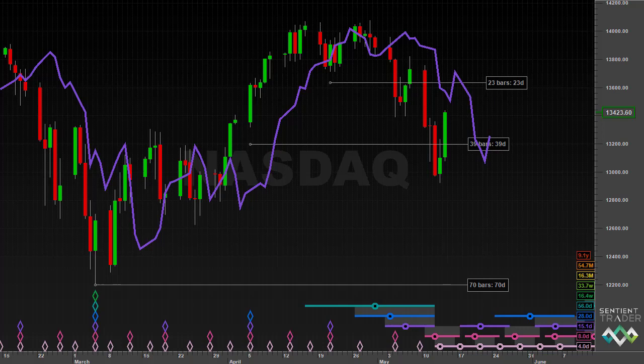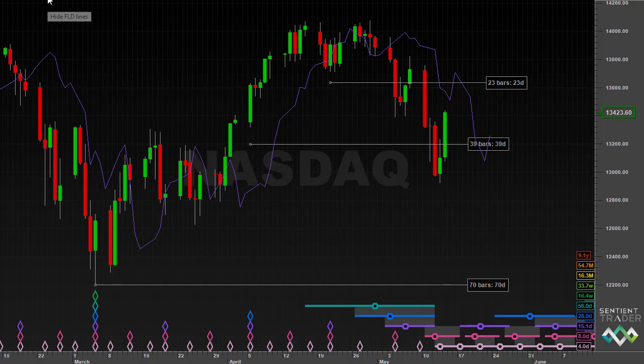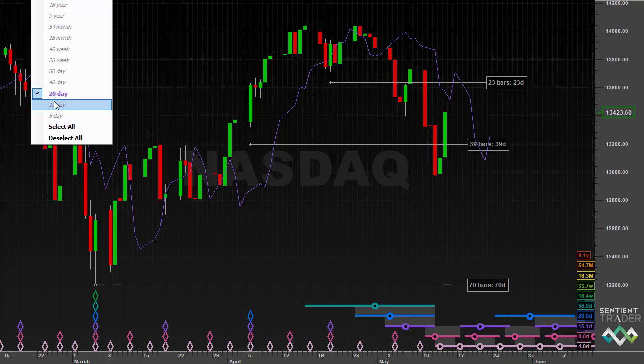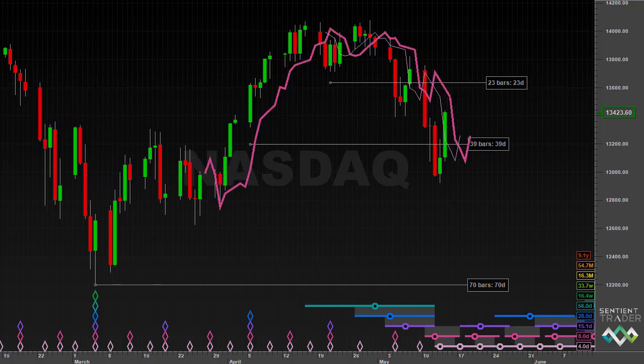But now for some of you, that 20-day cycle FLD might still be too far away from price. So what could we do? Well, as you might have guessed by now, we can extend this process down to shorter and shorter cycles. We can look at the 10-day cycle and we can look at the 5-day cycle. The same reasoning applies. When price crosses the FLD of the 10-day cycle, that would confirm that the 10-day cycle has formed a trough in the markets.